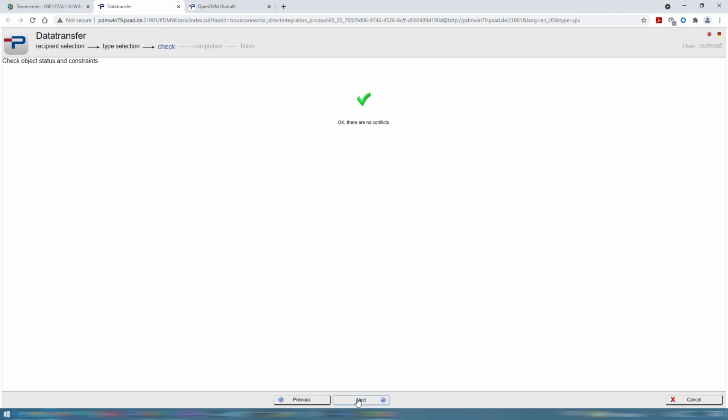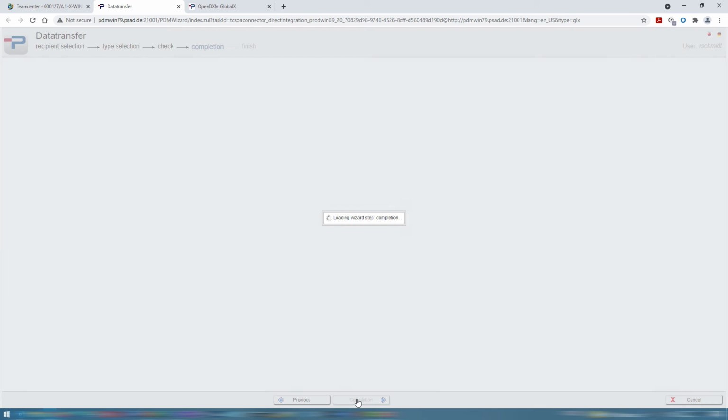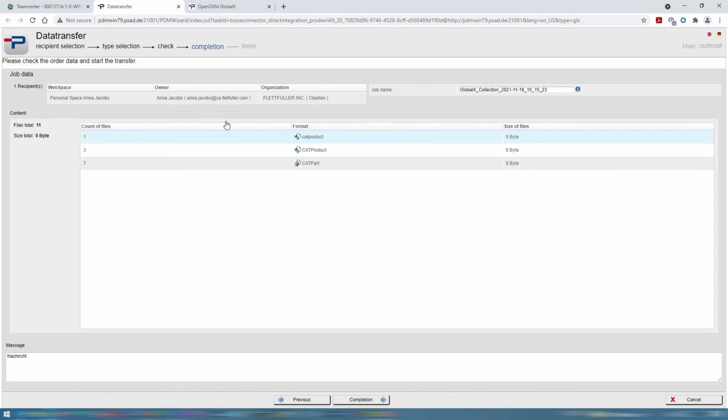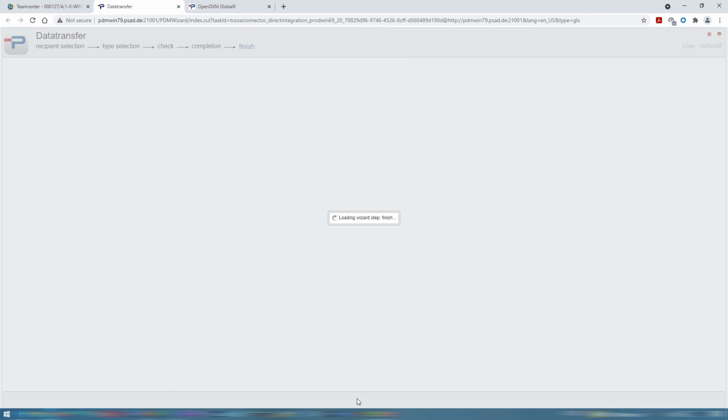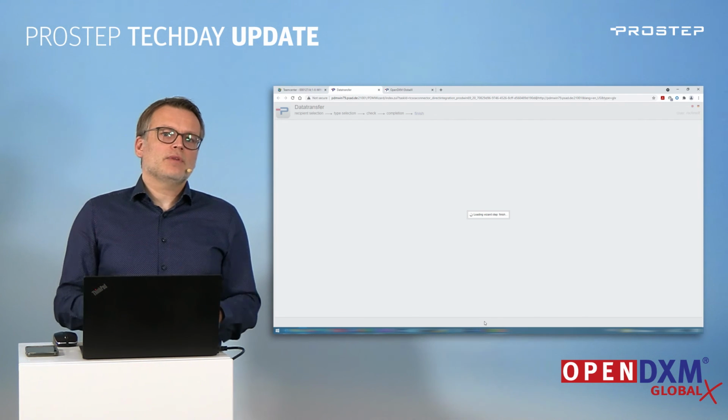The integration offers the possibility to carry out check routines. That means the status of these documents you've selected can be determined once again. Are the data, for instance, of the right status so that the selected recipient can receive them? That can be checked here. We have a brief summary now. You can see which data types are sent, who it's going off to. I can see my message, and finally I hand over this transfer to OpenDXM GlobalX, and only now do we